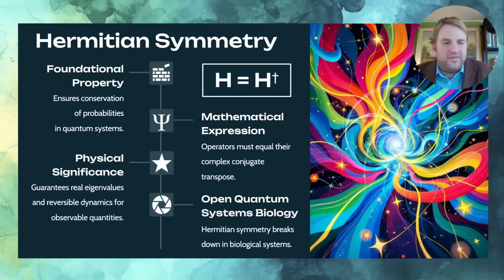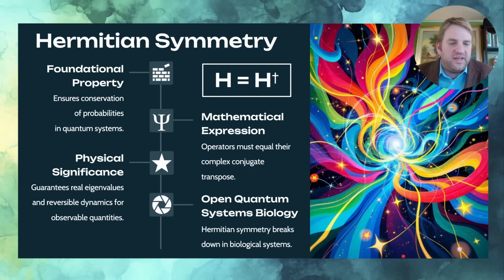Now, all of this in the form we see it today depends on this funny property called Hermitian symmetry. So this is a mathematical symmetry, and in some sense the symmetry of nature, that ensures the conservation of probabilities, for example, in our quantum system. That probabilities should always add up to 100%. And if they don't, that means something got lost. But for a closed system, the conservation of probability should be maintained.